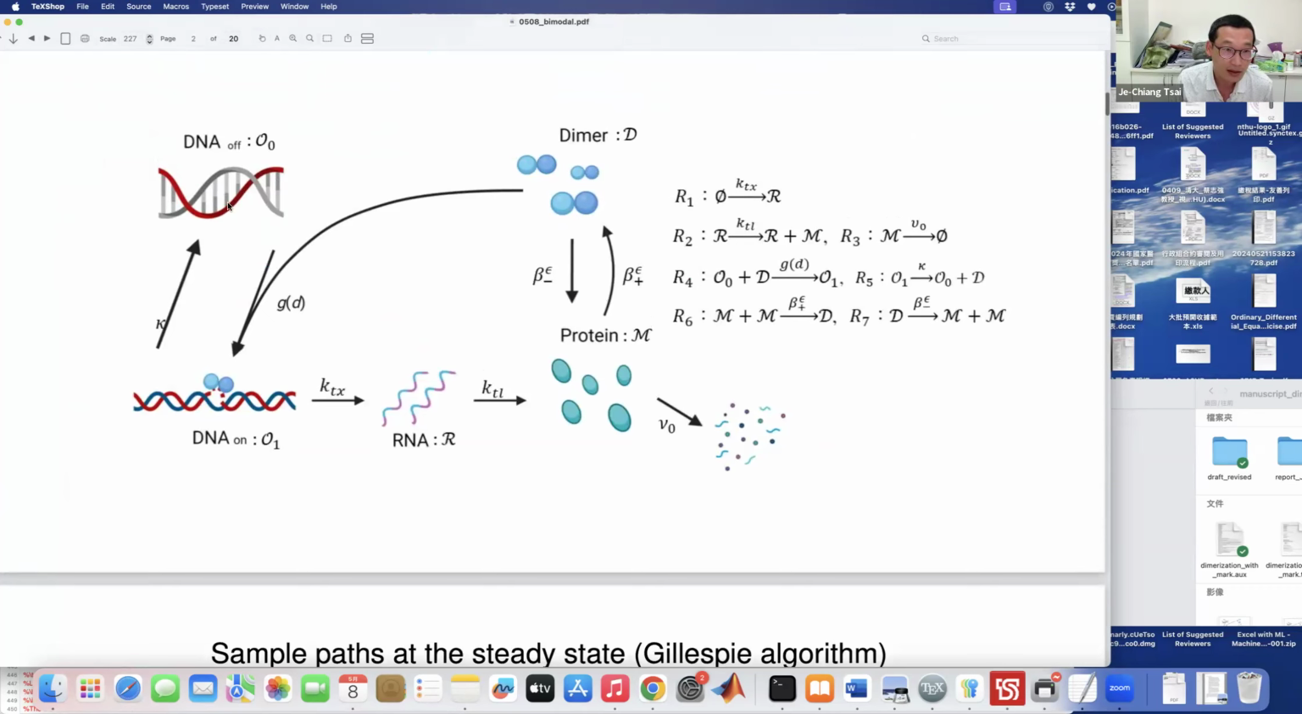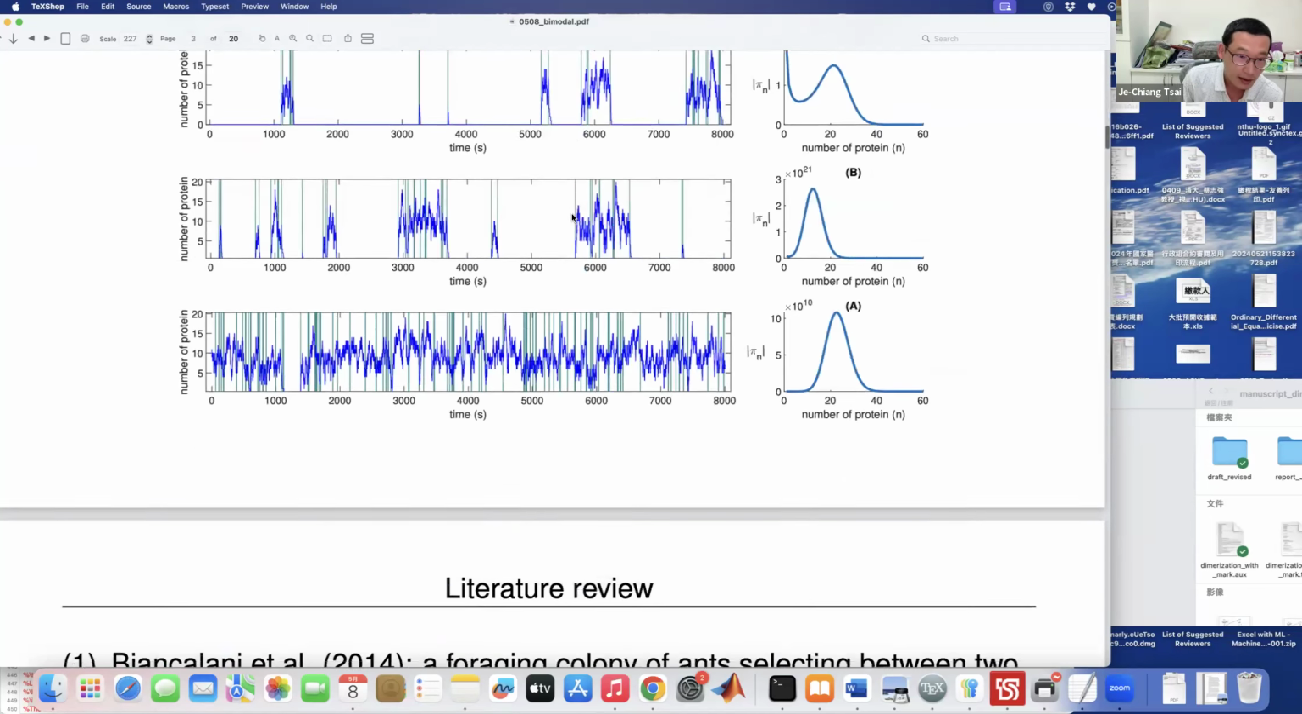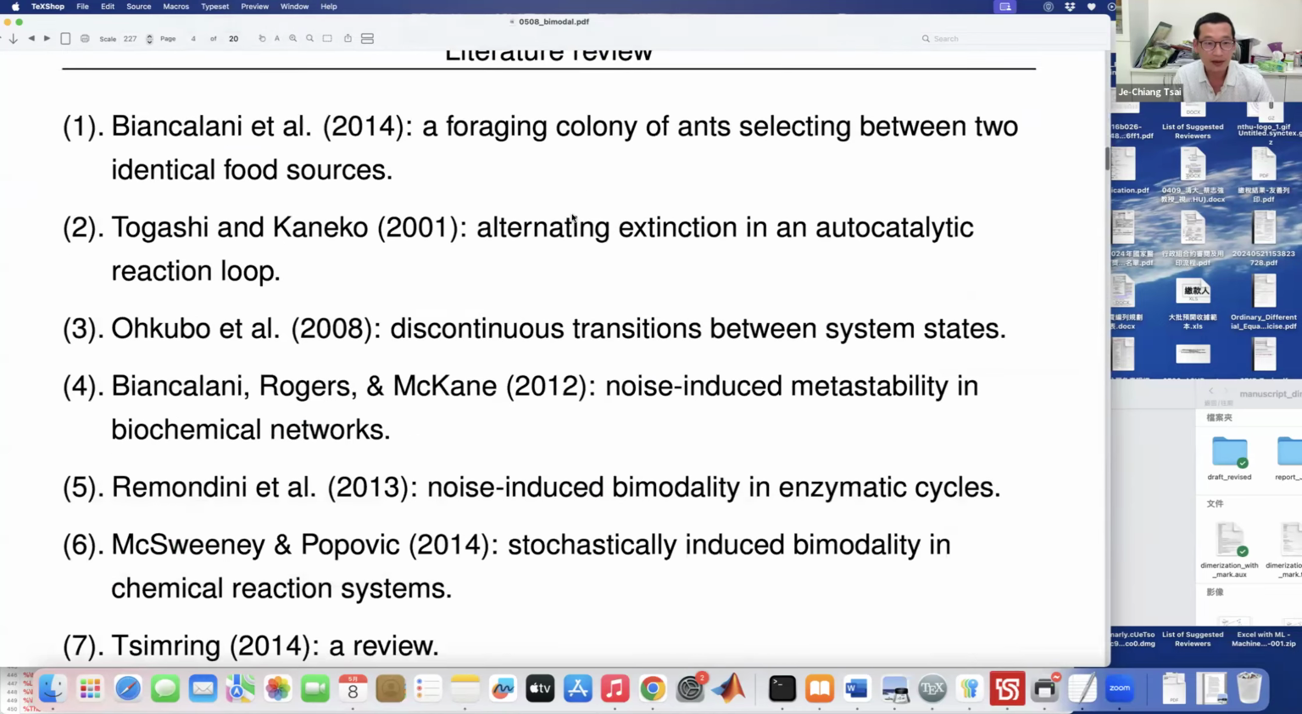Only the DNA switch. In this three-stage model, we consider the switch between the DNA on and off state, the transcription process, and the translation process. It's a basic three-stage model without the dimerization process. And because